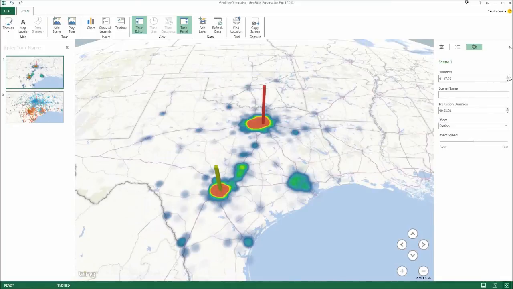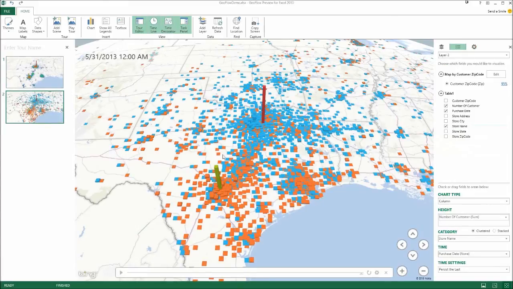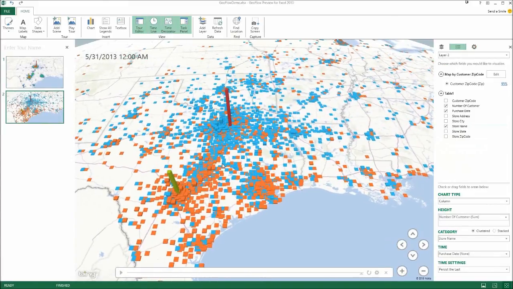various things about the scene, like the transition and how long it's going to show on the screen. So here I might want it to just show for, let's say, 8 seconds. The transition I'd like to show for about 6 seconds. And the transition effect is going to be a push in, which is essentially a zoom in. Then when we come into this next frame,